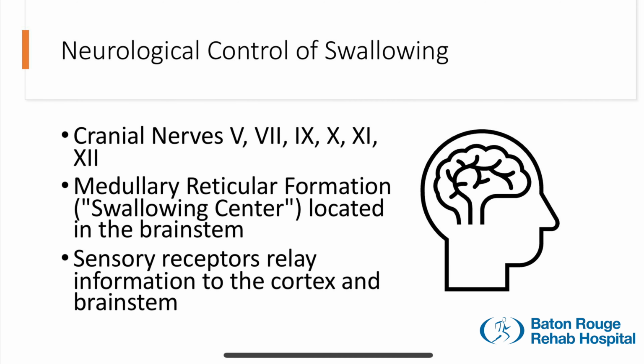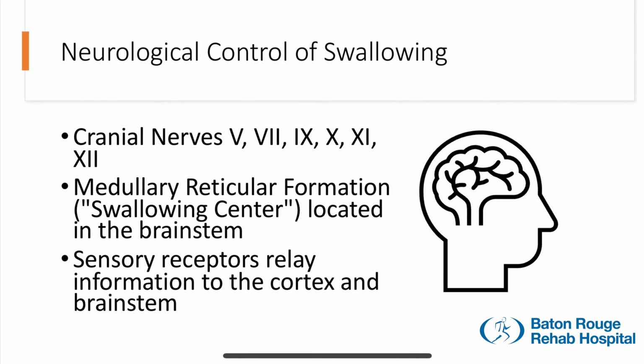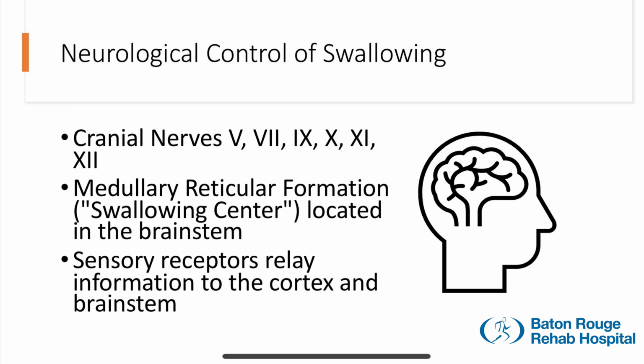Several cranial nerves are involved in the swallowing process, including cranial nerve 5, trigeminal, which is responsible for tactile facial sensation and movement of the chewing muscles. Cranial nerve 7, facial, which is responsible for taste and movement of the facial muscles. Cranial nerve 9, glossopharyngeal, is responsible for taste, the gag reflex, and elevation of the palate, along with movement of